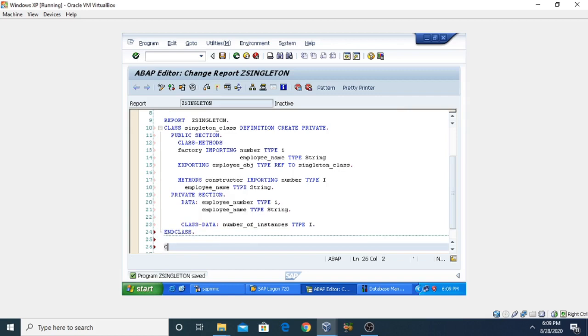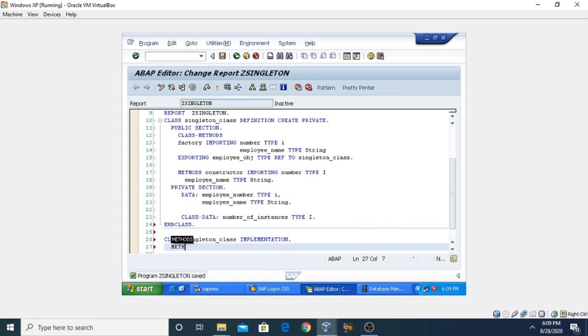Now we are going to declare the implementation. So this is our class name, singleton_class, and then implementation. Now we need to define the methods. So the first method is our factory method.